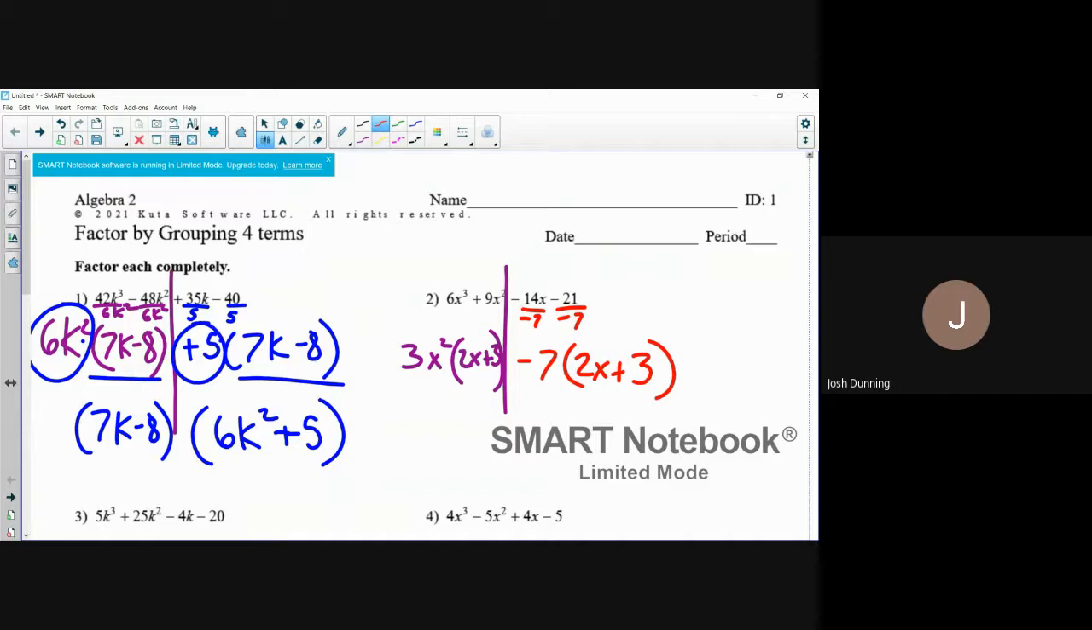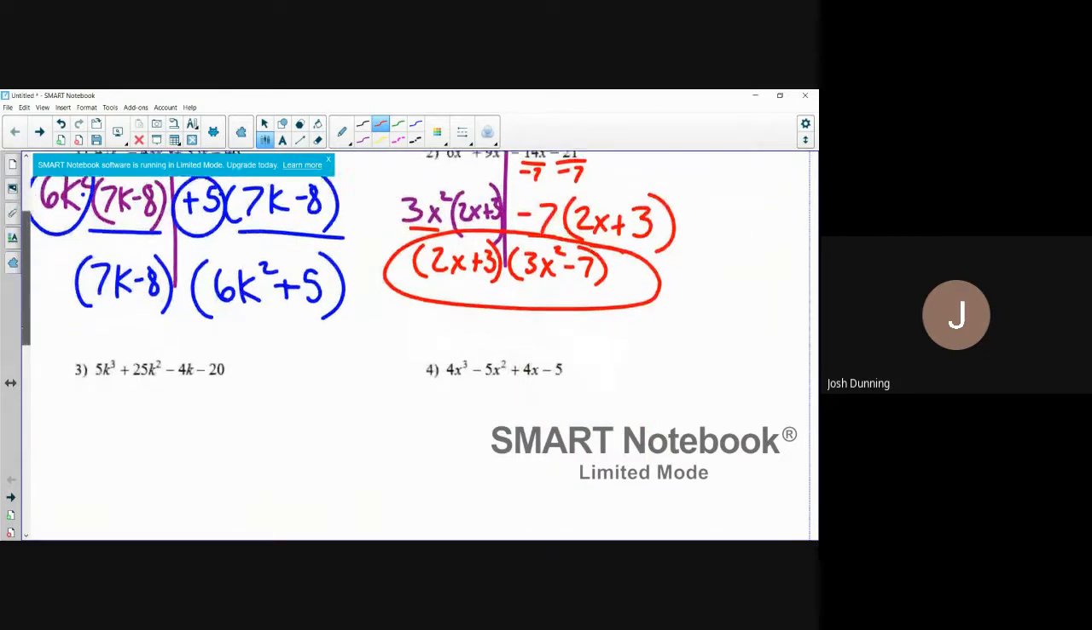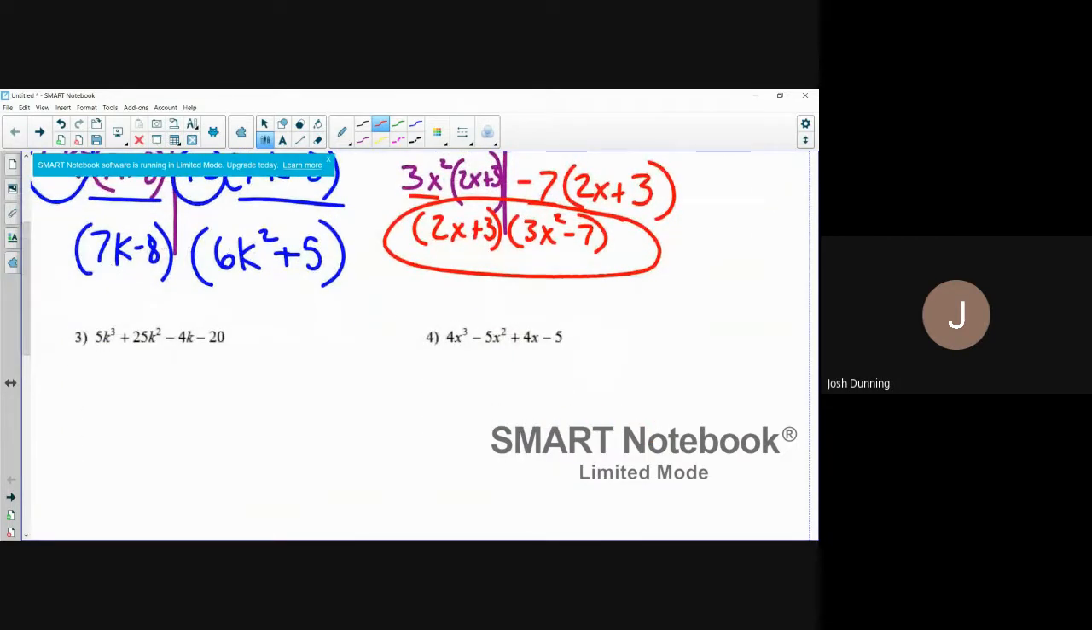So you can take that binomial out of both of them. Only write it once though. The other factors, what's left over? 3x squared minus 7. Now 3,